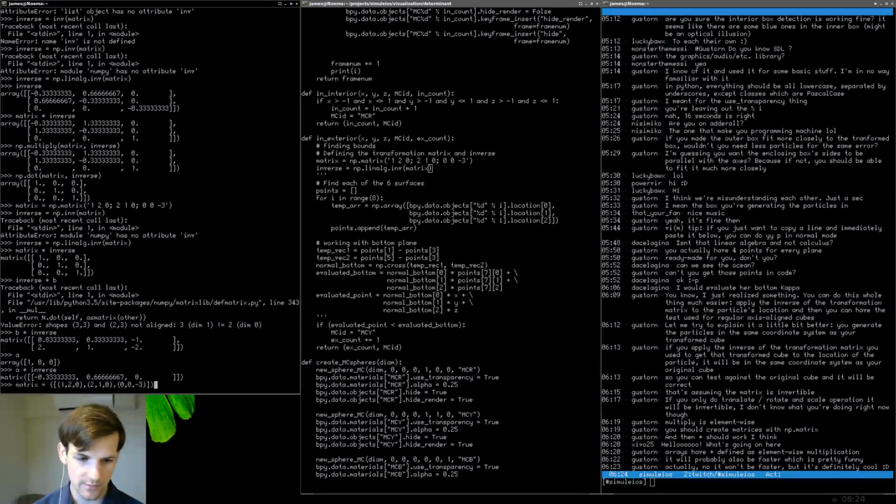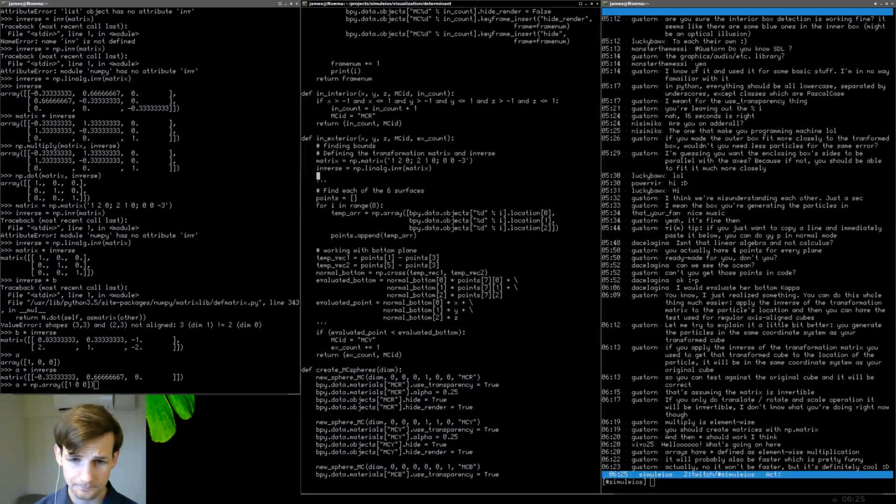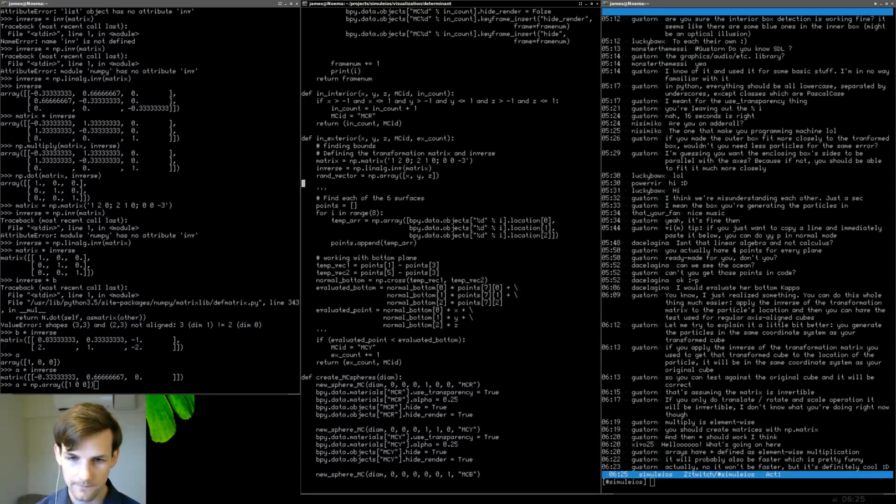So the array should be pretty easy to do. Let me just go ahead and pull one up. So we have array. Here we are. So now we're going to say vector. I'm going to call it random vector. It is going to be equal to numpy.array of the following. And we want to do x, y, and z. Okay. Now we're going to say